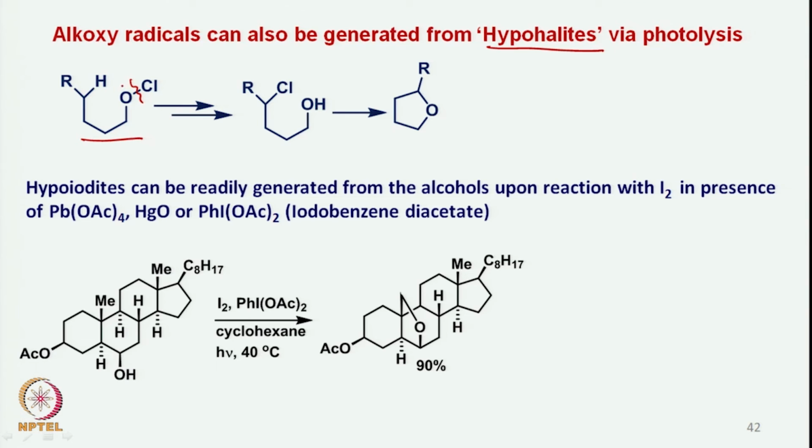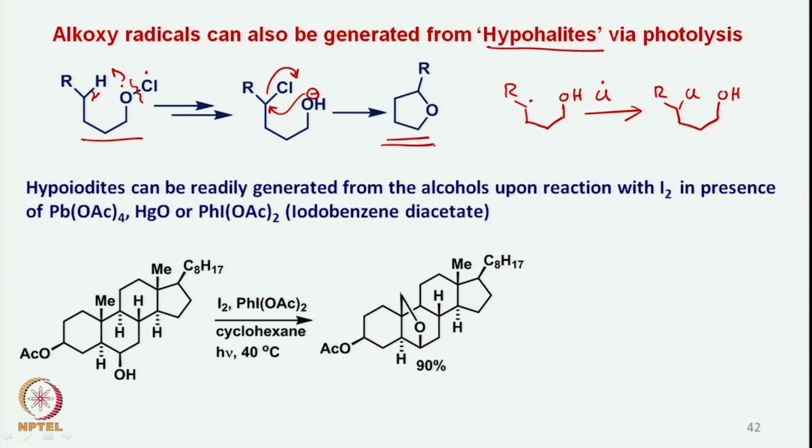So if a radical is formed here, this radical can pick up the hydrogen from here to form the corresponding radical at this center, and of course you can get the attachment of the chlorine from the substrate or via chlorine radical, and of course you can get this. And now we have a base which deprotonates, and of course then that attacks onto this carbon, and then one can get the